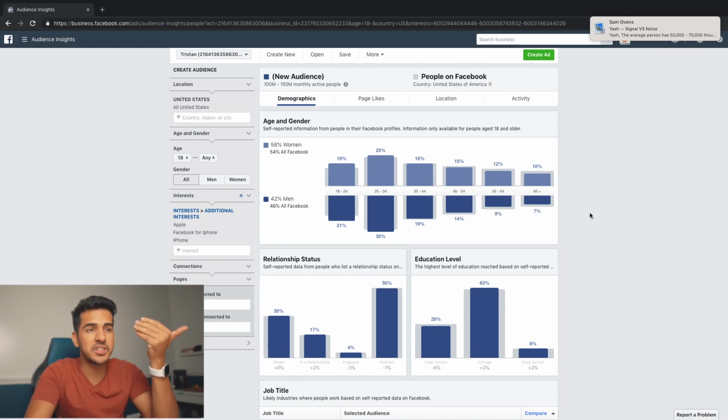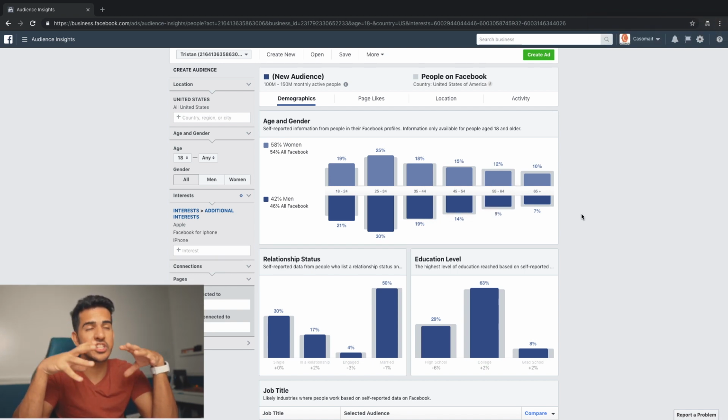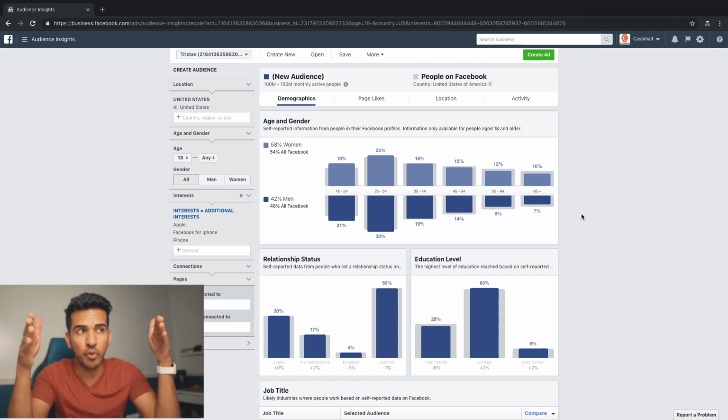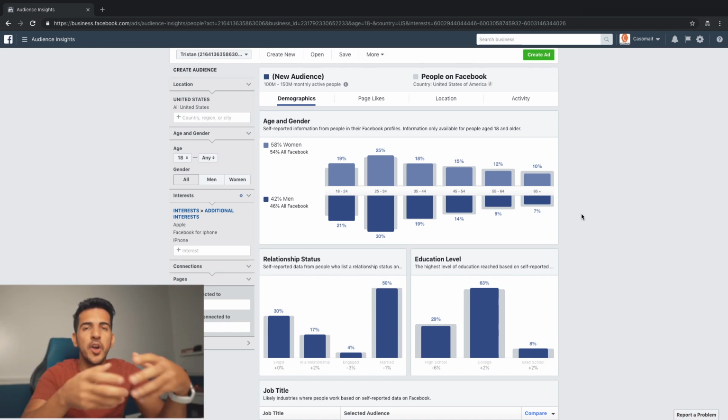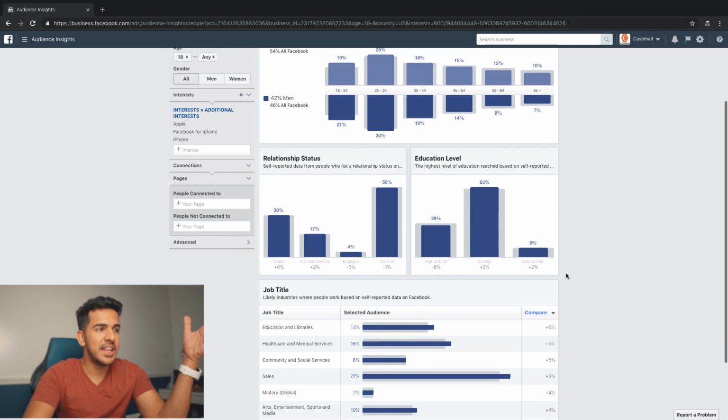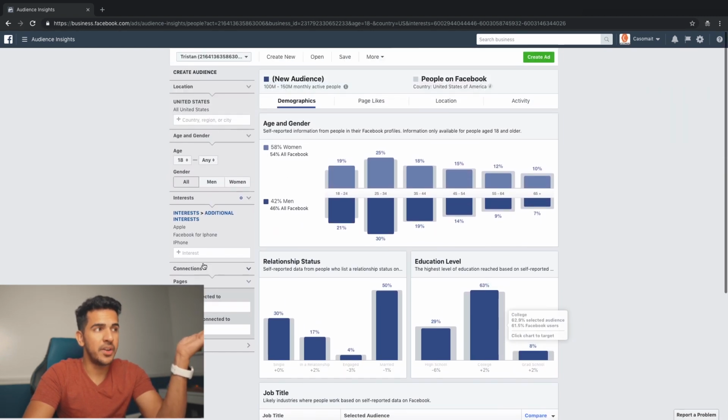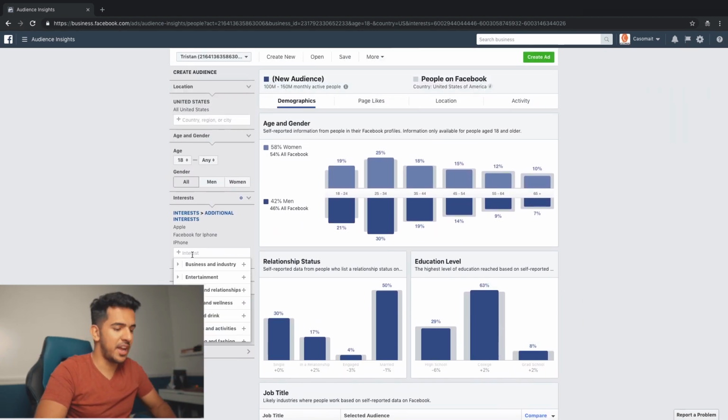So what that helps you understand is, okay, cool. So when I'm actually making these ad campaigns, I should try to do 2 different ad campaigns. One going all the way from 18 till 44, and then one going from 45 to 65. So I could really understand where to put more money into, right? And then you understand more about it. Let's put more information that we could get.